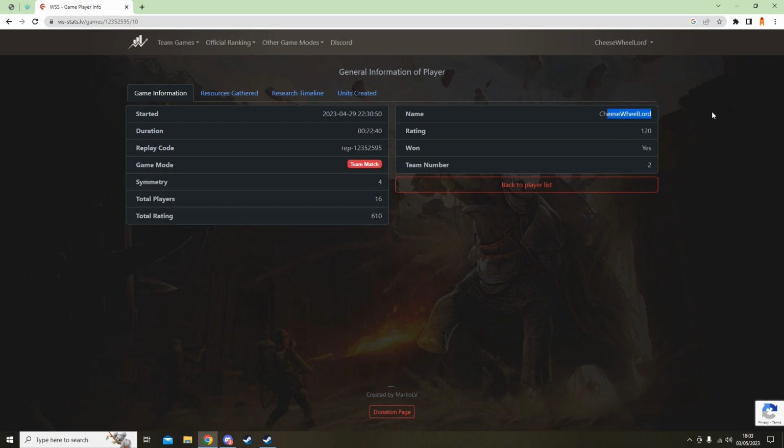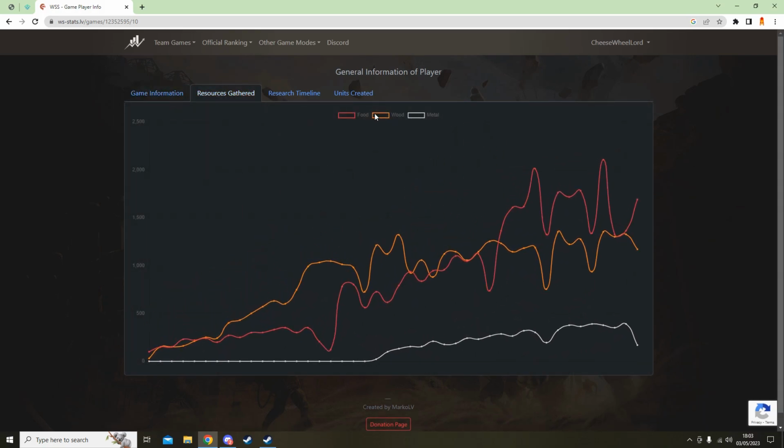So this is my profile in that match, so you can see the rating I had, if I won, what team I was in, and this is some information from the match and my information as well. You can see resources gathered, so you can see the food, wood and metal that I gathered, so I can track and see where I messed up and compare this with the replay,